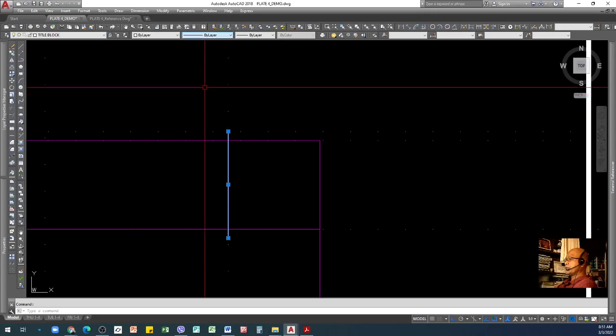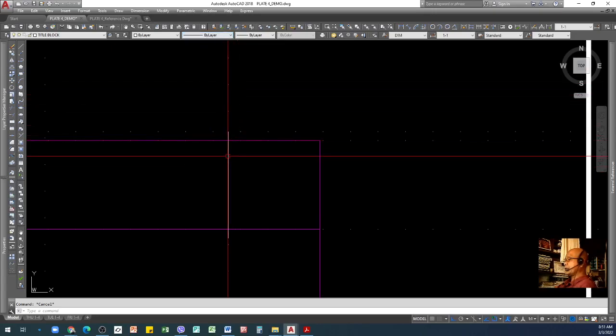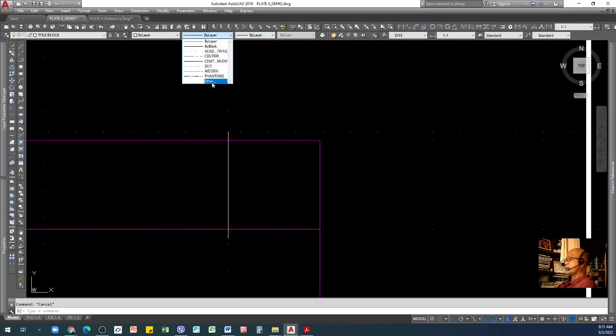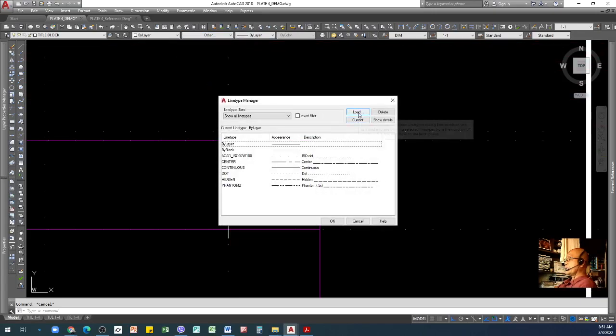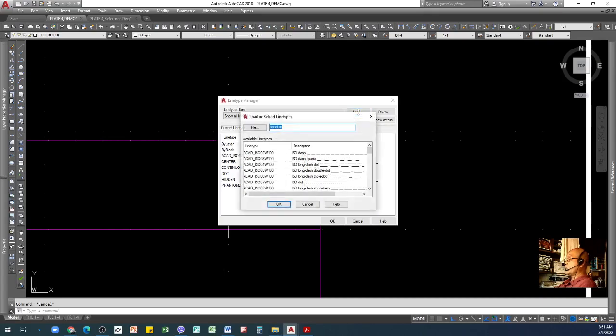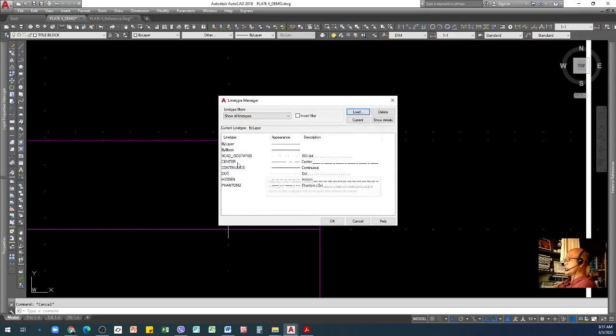So if you cannot find the center line there, go to click this one, then go to other, then click load, and then different types of lines will appear. So look for that center line, you click this one, and then okay. Because I added already the center line, it will not function. So center line is there.